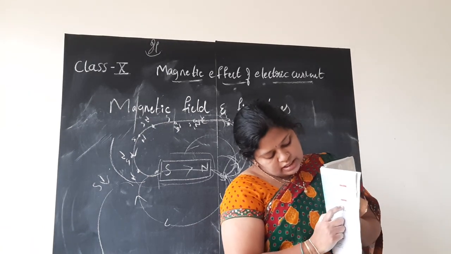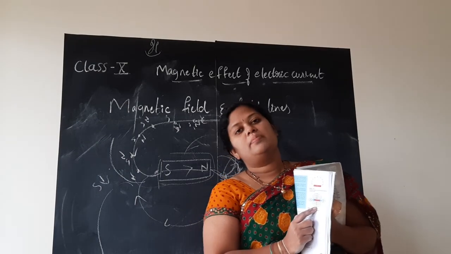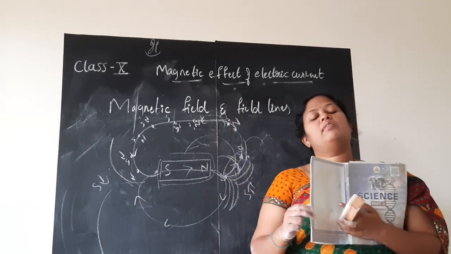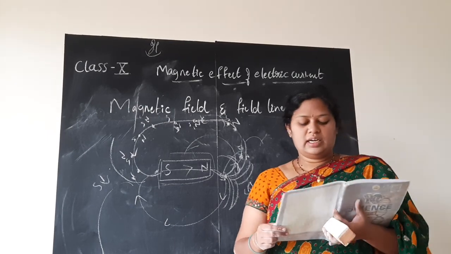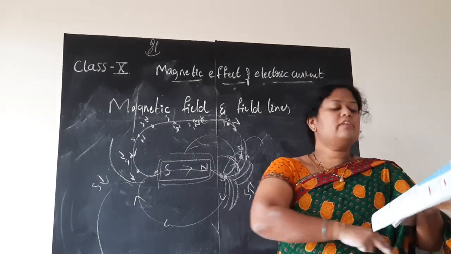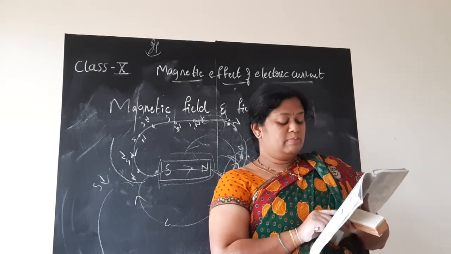So you have figure 13.4. This is a very important figure, children, so please mark it and practice it. I will give you the set which is sent from the board, and I will tell you which diagrams are important. Next, the paragraph given after this activity is very important, children. So let me read it.